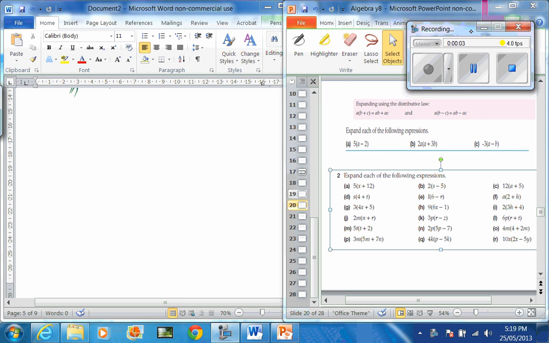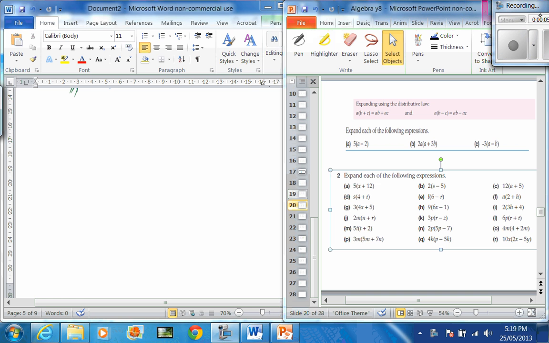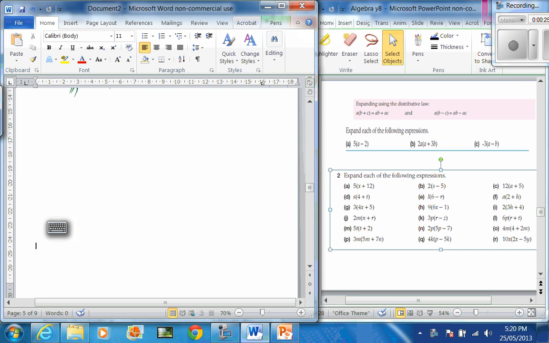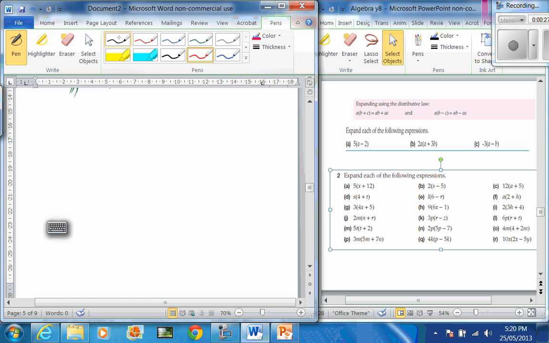Hello, this is the time that we will learn about expanding expressions. We have done until now what we called simplifying. Simplifying means that we need to make an algebraic expression simple. For example, we had things like